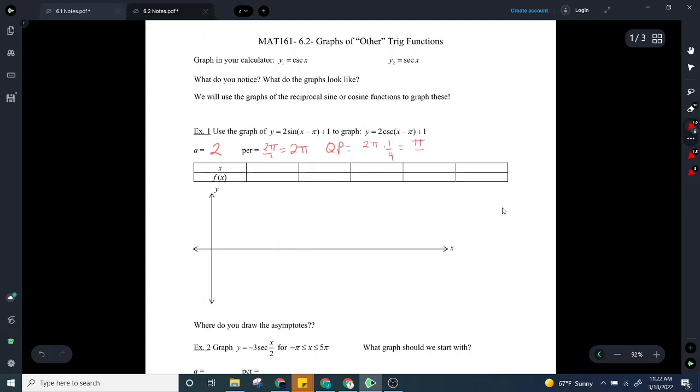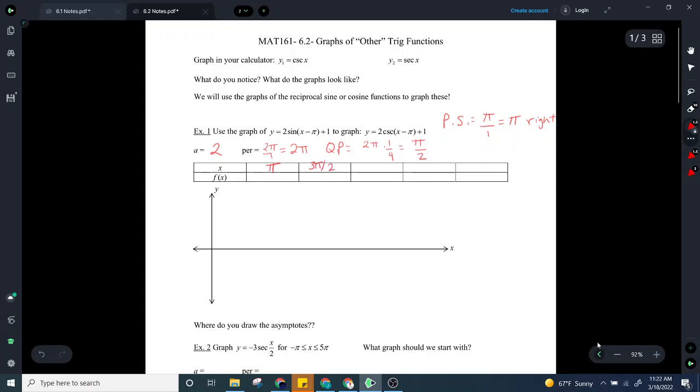So that gives me pi over 2 when I reduce this. This graph does have a phase shift, right, because of the parentheses. So my phase shift is C, which is pi, over B, which is 1. So just pi. And because it's negative, it actually goes to the right. All right. So I'm going to start off at pi for my x value instead of 0 because of the phase shift. I'm going to add to that my quarter period of pi over 2, which puts me at 3